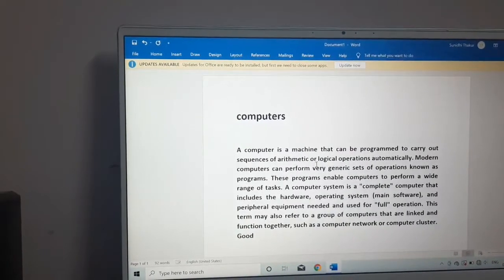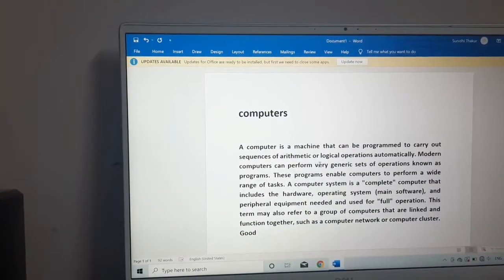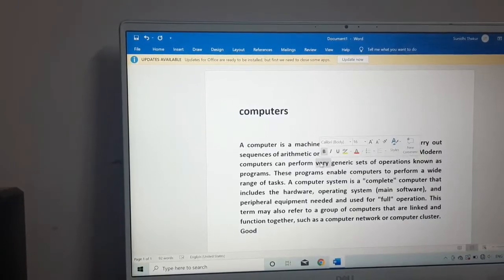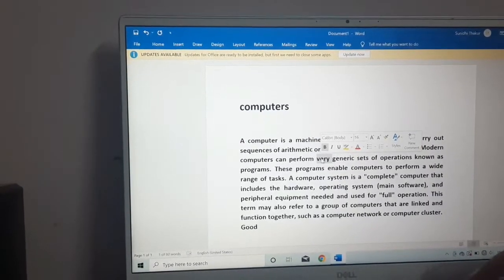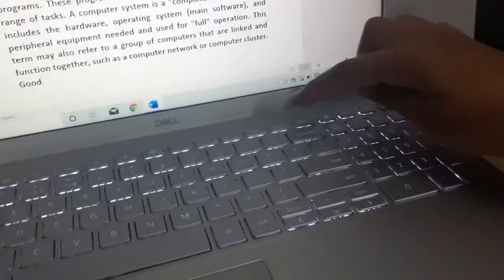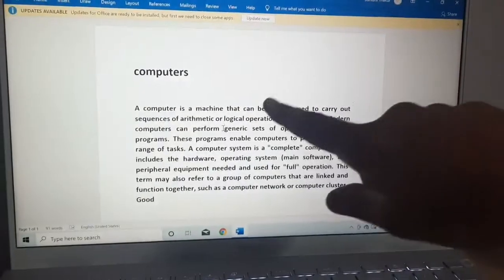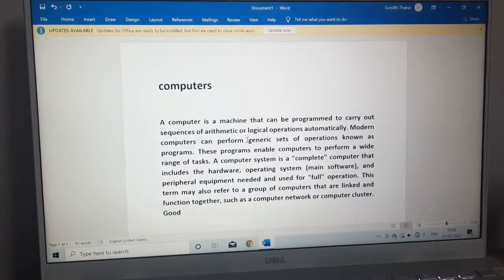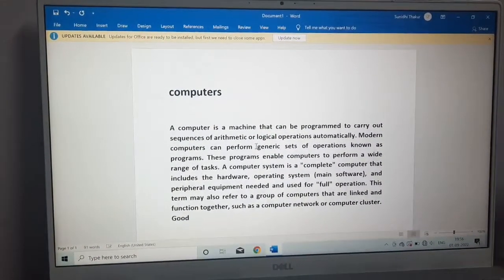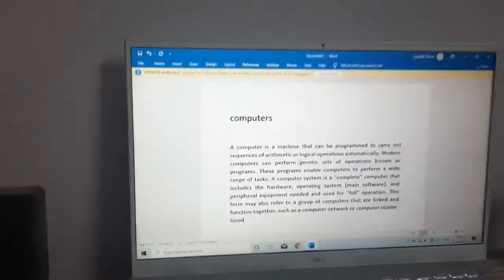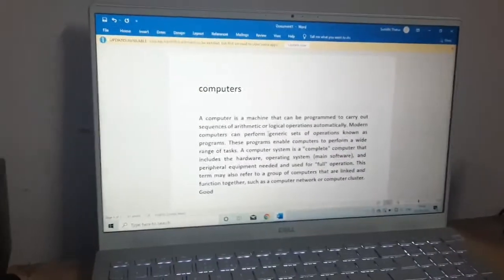Suppose I want to delete this very word which I have inserted right now. So I will double click over it to select it and then press the delete key from my keyboard. This is my delete key. I will press it and then you can see it is erased from there.